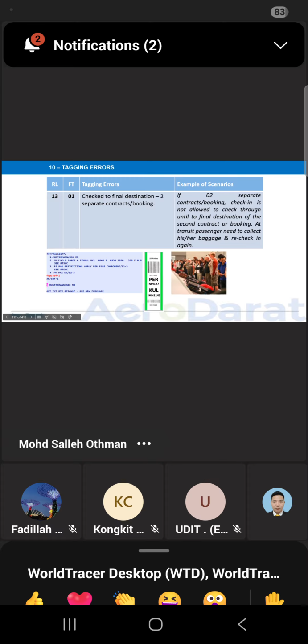In case this passenger arrives at your station, what do you have to do? Do you reject the passenger report? Or do you say come back later lah, we got the luggage, we call you. Okay. This one, you can see, is passenger error. Sometimes passengers are very smart, so they don't want to pay excess baggage. Okay?